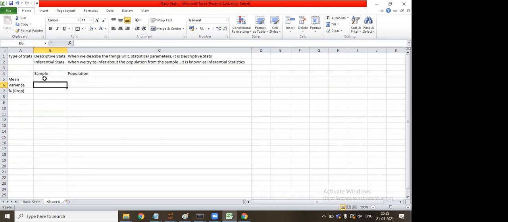Okay, I'm into admin and facilities. I need to buy 10,000 chairs for my office. So I went to the vendor. I said I want to buy 10,000 chairs. What will the vendor do? The vendor will show me some samples: the first chair, second chair, third chair, fourth chair, fifth chair, whatever the sample is. I selected one of the chairs.